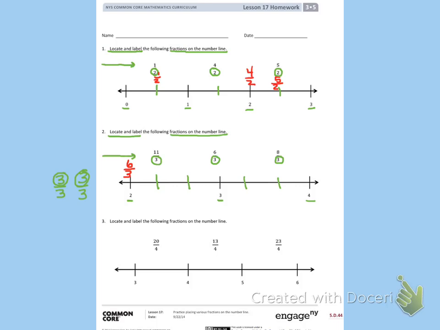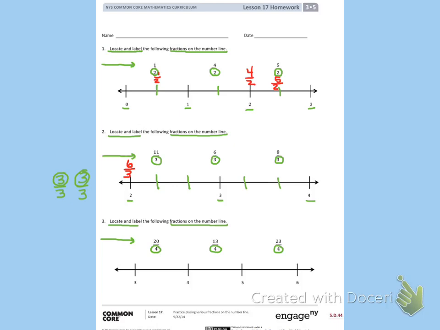Item 3, locate and label the following fractions on the number line. Again, I'll underline the important details in the directions. Locate and label fractions on the number line. And here are the fractions: 20/4, 13/4, and 23/4. Take a look. The bottom number of each of these fractions is 4, which means that each whole needs to